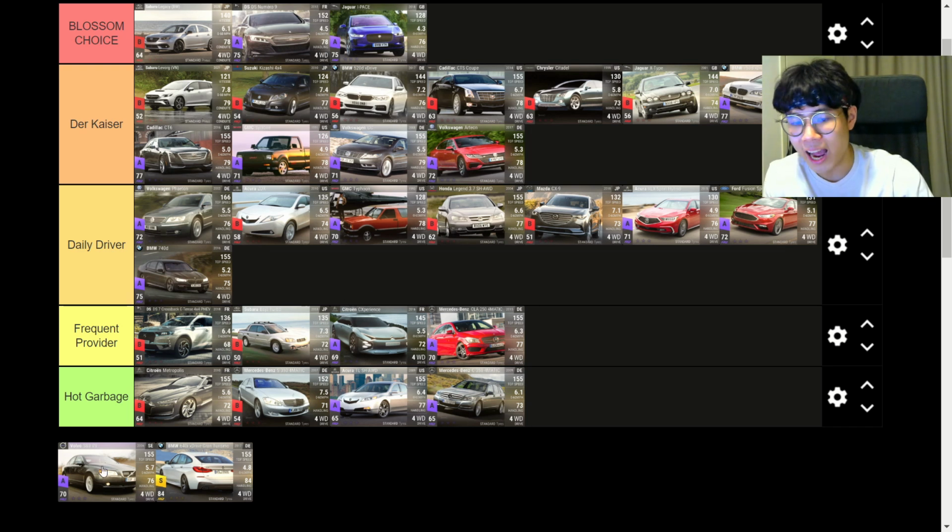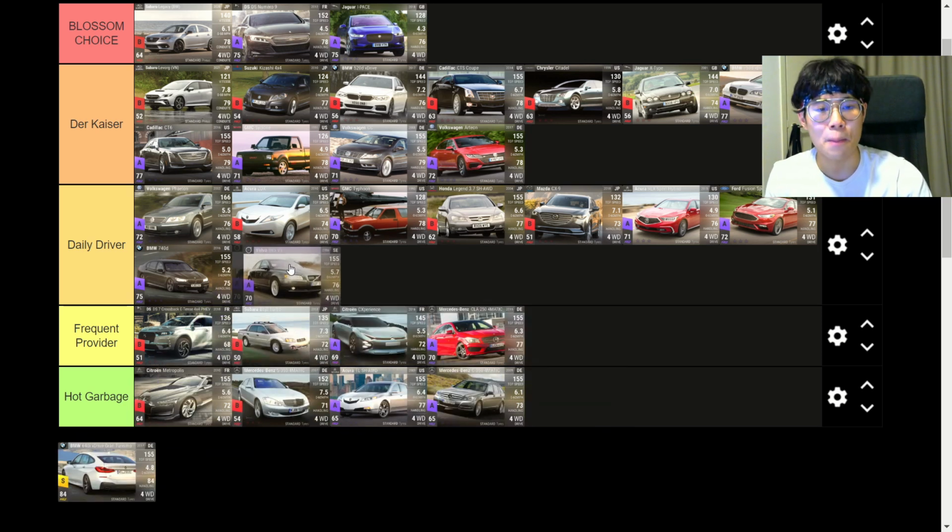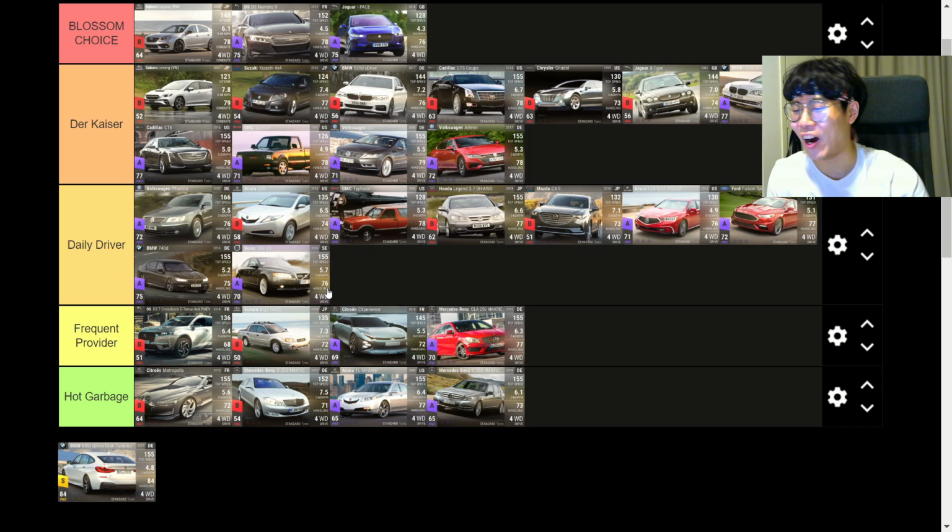Then you have the Volvo S80, I think, or is it S60? I can't read that. I'm kind of blind. Let me check Top Drives Club because it will tell me. S80 V8. You're getting 76 handling. So once again, the handling is pretty decent, man. The 0 to 60 is alright as well. Pretty average car. A slightly above average car in my opinion because it's 70 RQ. Pretty cheap as well in terms of RQ. Daily driver for sure. And last but not least...